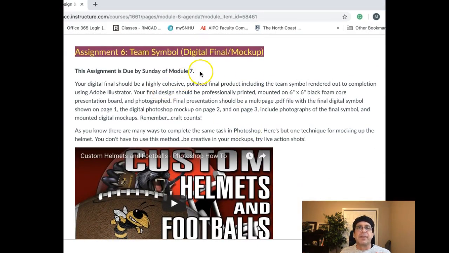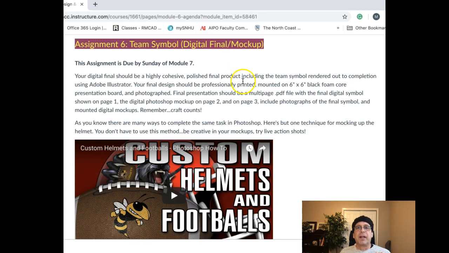our assignment. This is the final digital mock-up for your symbols. This is for the team symbol, I should say. So your digital file should be highly cohesive. I'm just going to read through this as a reminder, guys, including your team's symbol rendered out to completion using Adobe Illustrator. Your final design should be professionally mounted on 6x6 black foam core presentation board and photographed. Final presentation should be a multi-page PDF with the final digital symbol shown on page 1 and the digital Photoshop mock-up on page 2. Then on page 3, you're going to include photographs of the final symbol and